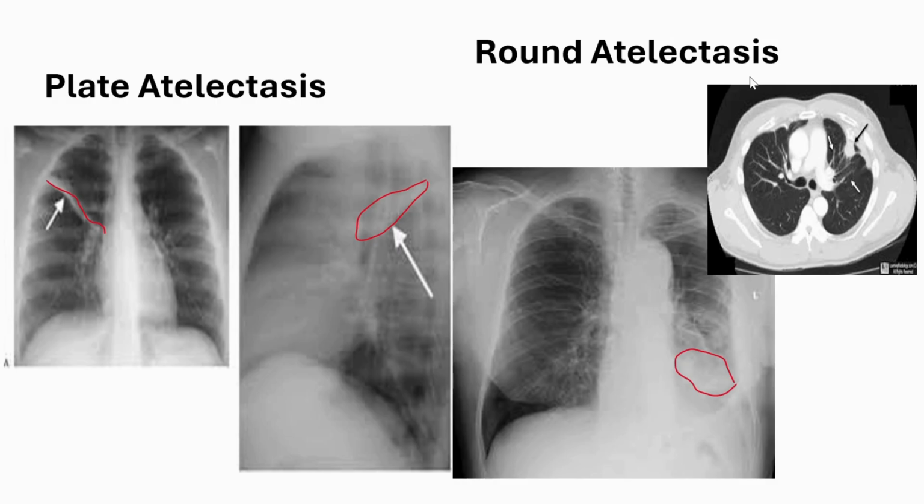Another one is the round atelectasis. Because its shape is round, it mimics the lung mass, and it is mostly in the subpleural region with the pleural tail sign, that is the part of pleura invaginated within this collapsed lung. And this is a special type because it needs differentiation from the lung mass, so its definitive diagnosis is done by the CT scan. This is mostly due to asbestos related pleuritis or chronic pleural disease. So these are some special types of atelectasis.